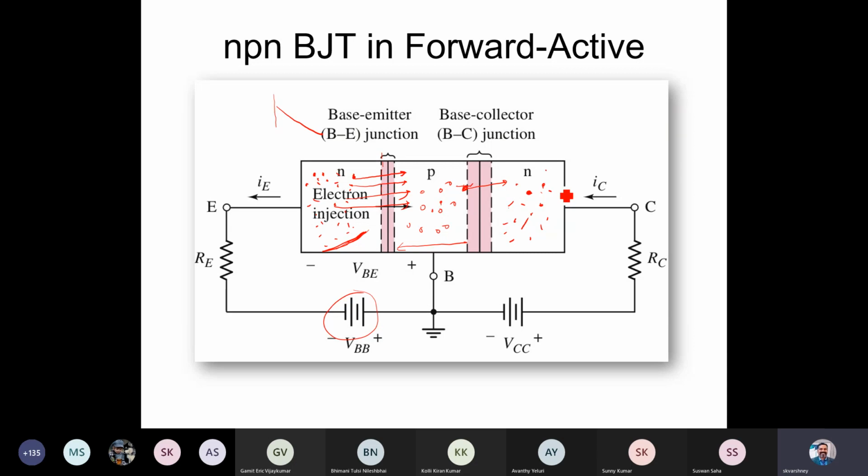So the electrons that move onto the collector constitute the current, which is due to the electrons, so IC. And since electrons are injected from the emitter side towards the collector, there is some diffusion, so it constitutes the current coming out from the emitter terminal. In the case of the NPN, that current component we call the emitter current, and this component is the collector current.